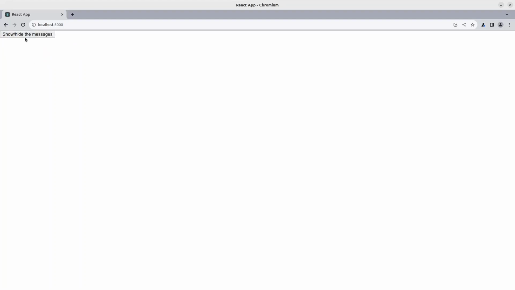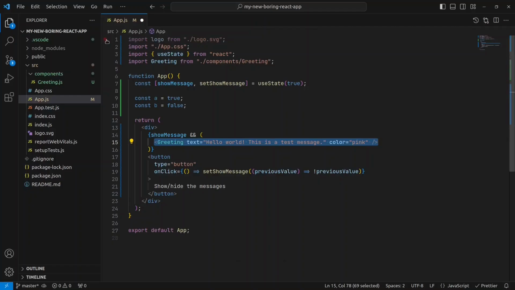When I click here, it's going to hide, because the value is false, and what I explained is taking place in action. And again, this is basically how you do conditional rendering. Of course, there could be more advanced ways of doing it, but I think this would be enough